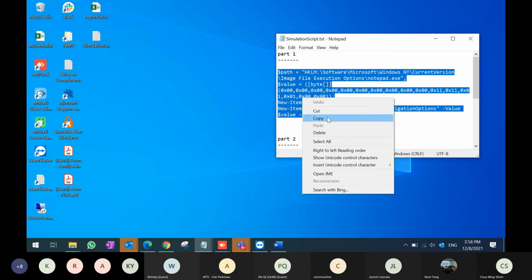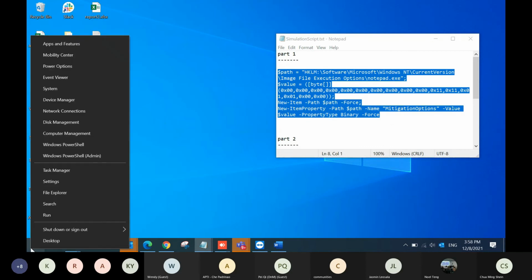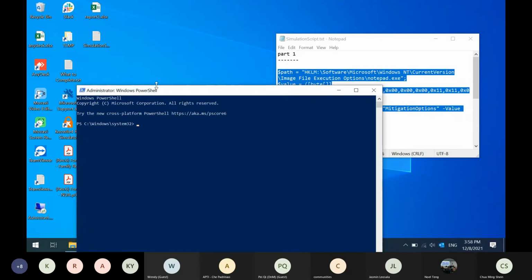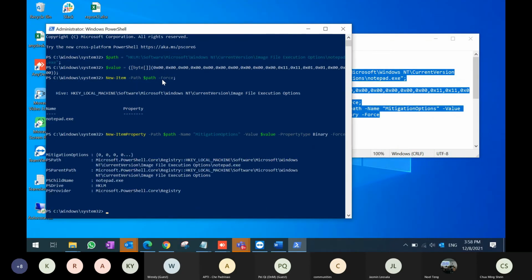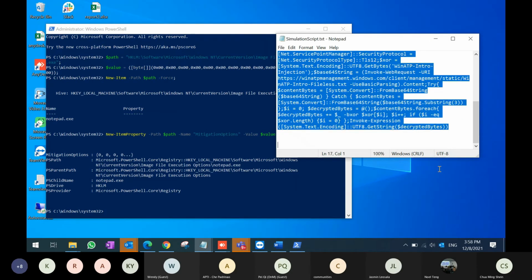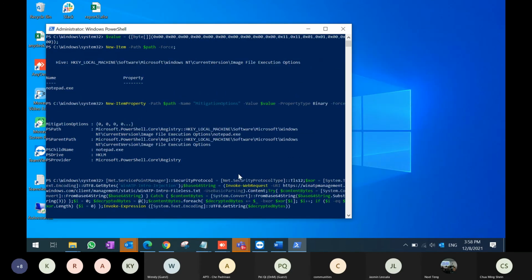Let's say somebody runs the script. Okay. Then next, another script is actually running. Okay, so while this kind of PowerShell script is running on the computer,